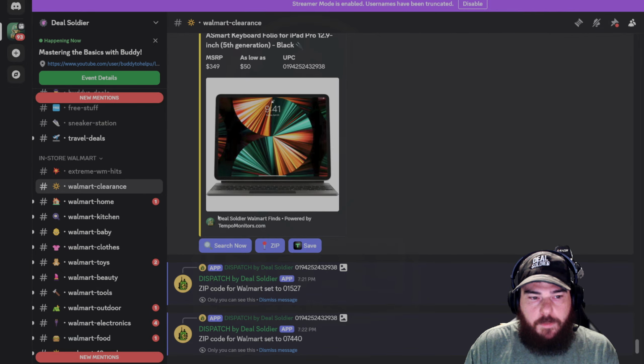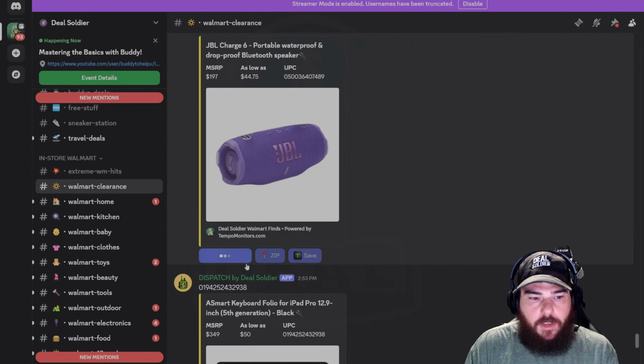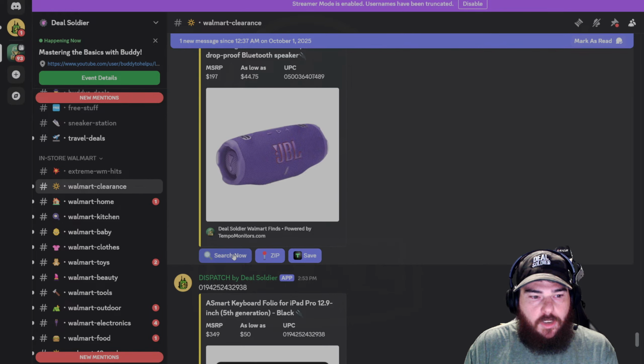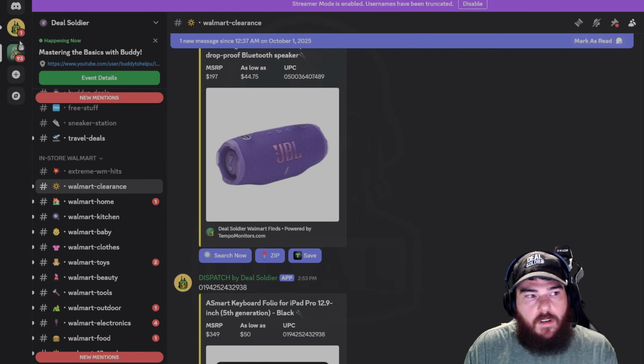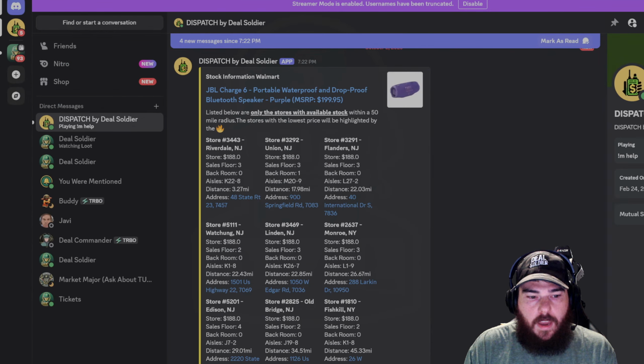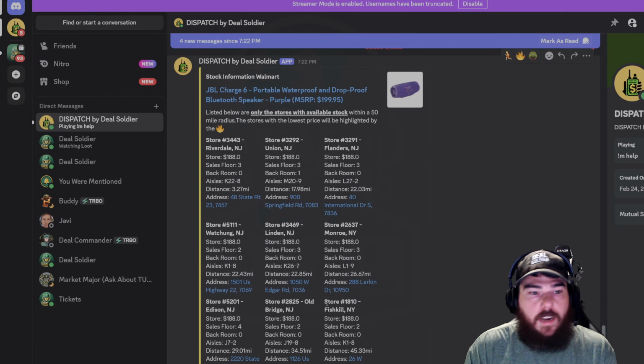So now that I have my zip code set, what do I do? Well, we made it as simple as just clicking search. As soon as you click search, you'll get greeted with a little radio icon, or if you're on your phone, at the top it'll show you that it was searching. You'll still be greeted with the radio icon. Go ahead and click it, and your results are going to be right here.